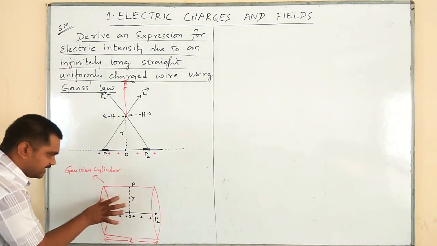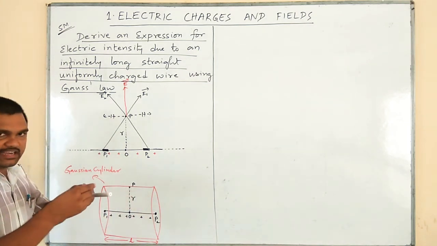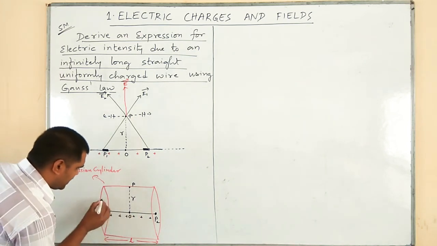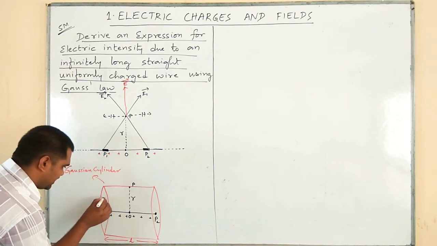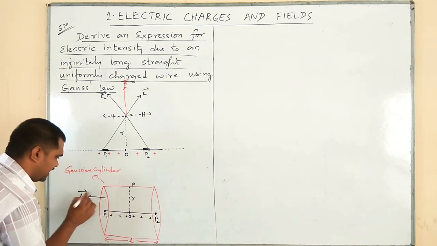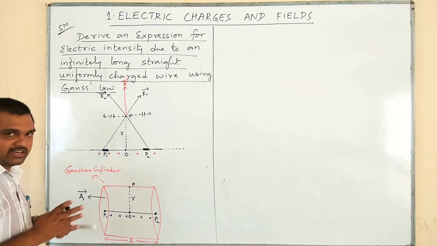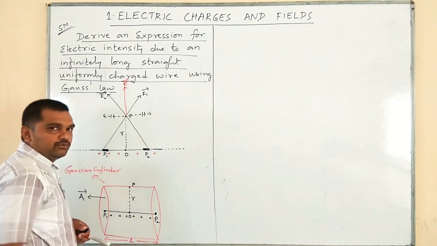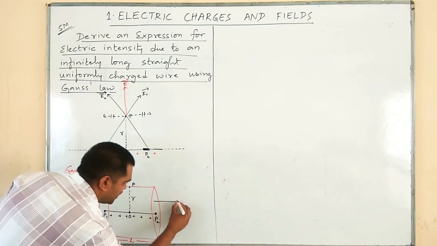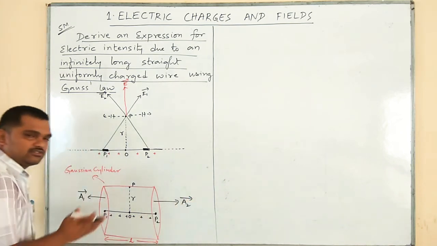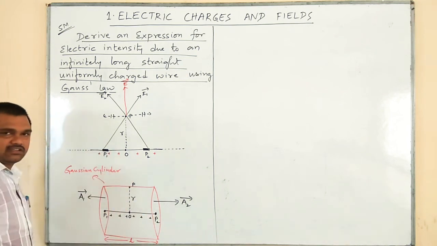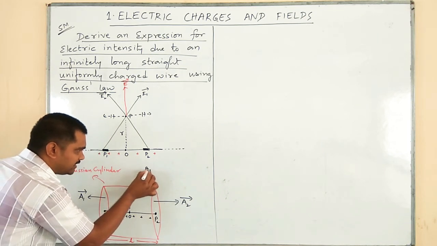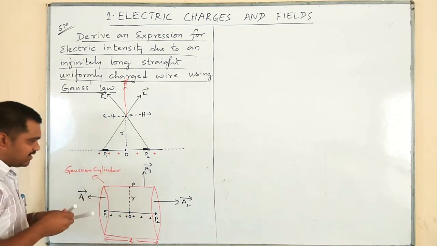Okay, see, this Gaussian cylinder has two flat areas. These two are the flat areas and this is the curved area. I will mark this as A1. The direction of A1 is always perpendicular or normal to the surface, isn't it? Area vector: if we consider this board as the area, then its direction will be towards you, like that. Similarly, here the second area vector is also outwards, perpendicular to this flat surface. The direction of A3 is upwards. This is the curved surface area.